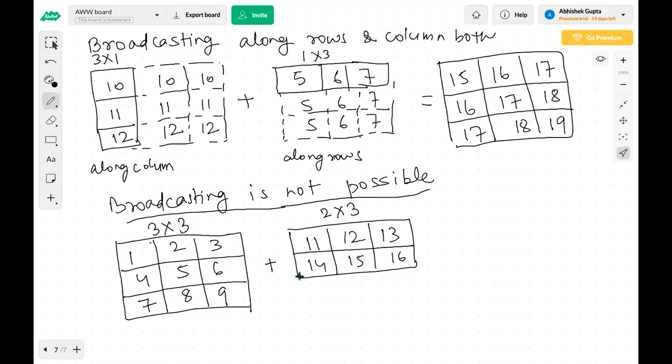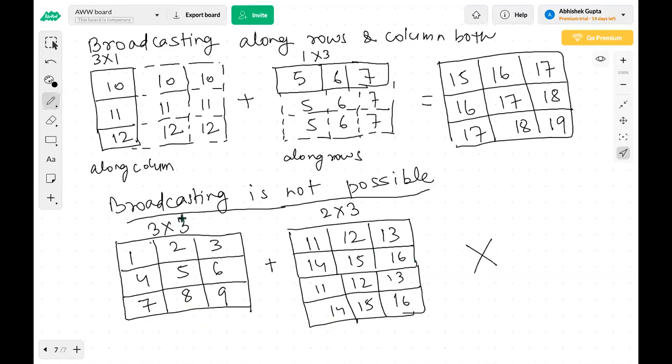So you have to do the broadcasting in such a way that in one step, the shape of the first array and the shape of the second array should match. So how will it be done? If you are doing the broadcasting, you cannot do the broadcasting of only one row or only one column. You have to do the broadcasting for the whole element. So again, if you do the broadcasting, the shape of this will be incremented. So again, 11, 12, 13, 14, 15, 16. Not done. Shape is not matching. This is not possible. Okay.